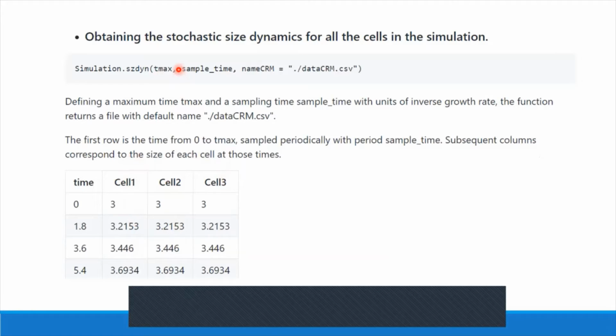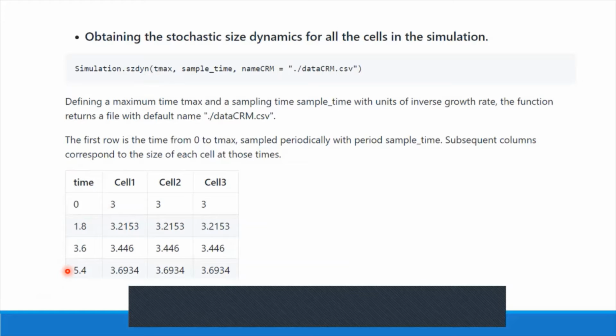Then you need a Tmax that comes from a maximum time that tells the program to simulate the trajectories from time 0 to that time. In this case, for instance, for this data frame, I simulate the size dynamics up to 5.4